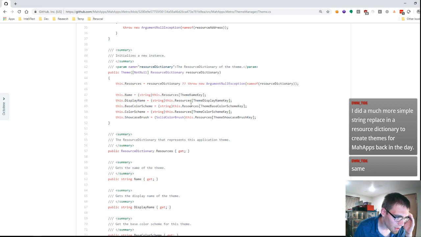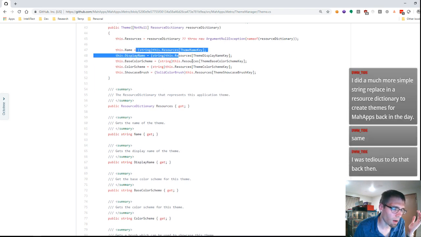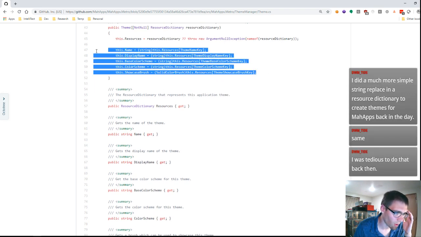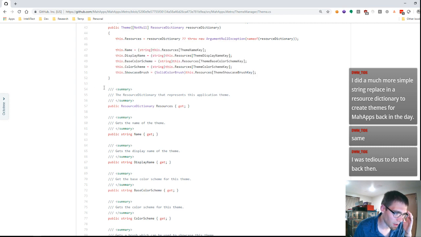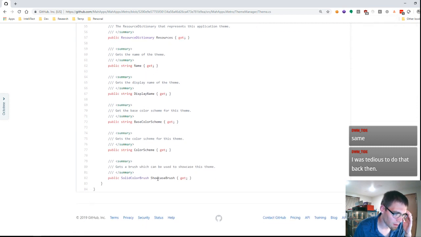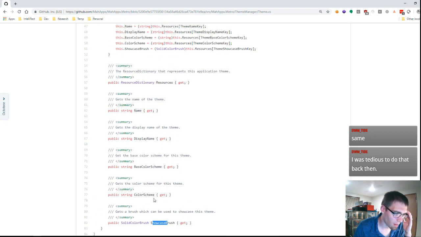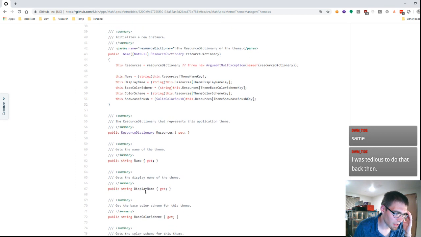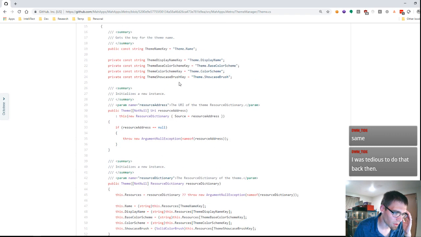So theme takes in a resource dictionary. Okay, so he uses these to pull out those name, display name, color theme stuff. Great. Showcase brush, color scheme, base color scheme, still just straight up string matching,